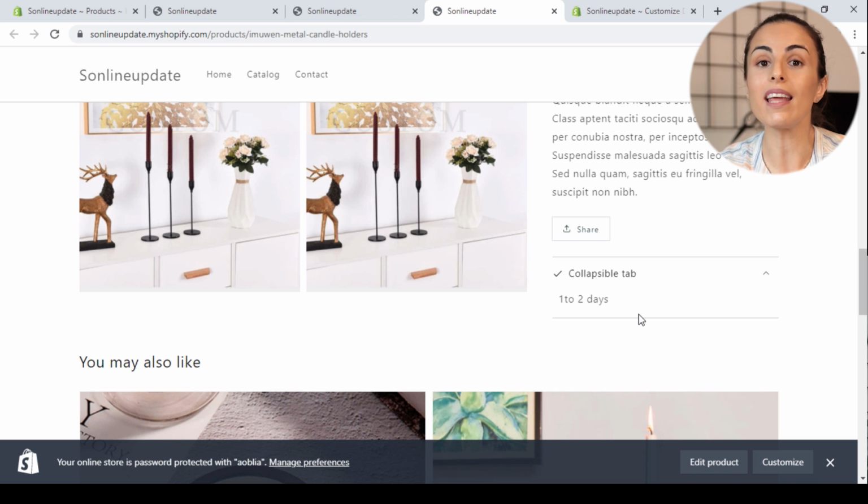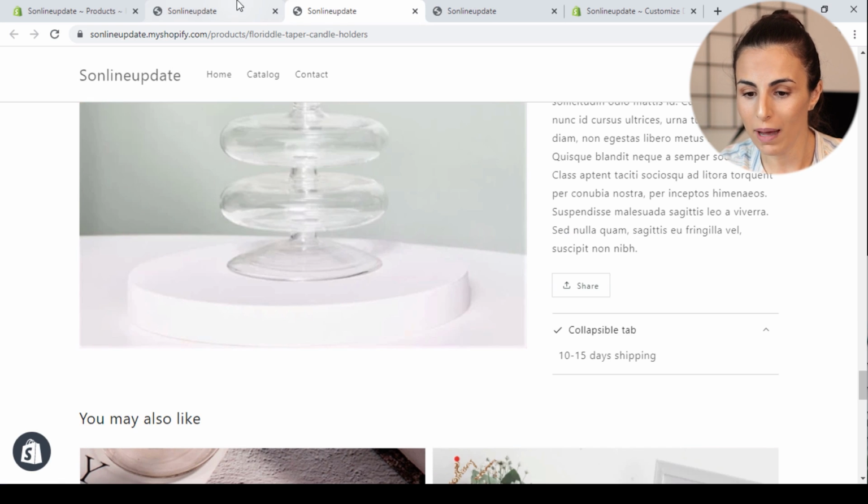So this is very helpful if you have different dimensions, or if you have different conditions or materials, or maybe if you are linking to your suppliers. This could be very, very helpful because you are creating a new characteristic for each of your products and you are linking to it inside of the product page. So now let me go back to the editor